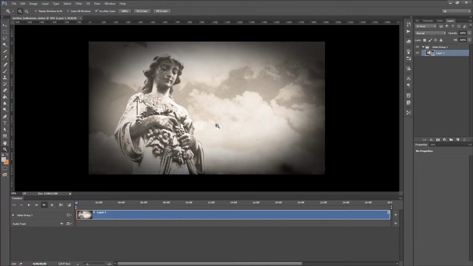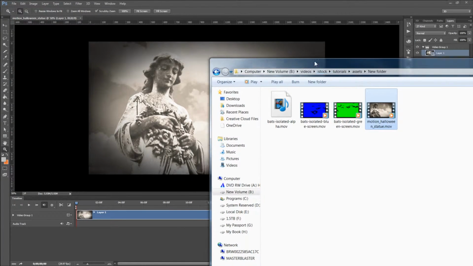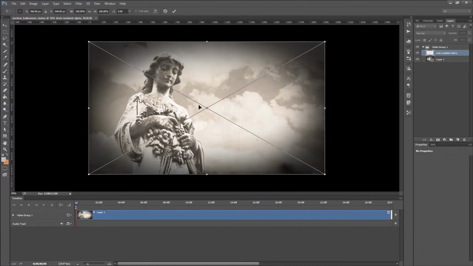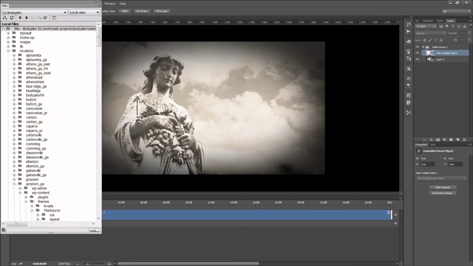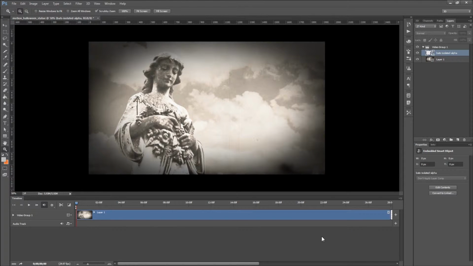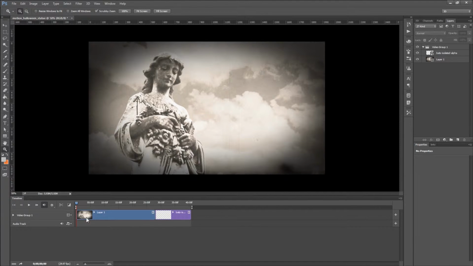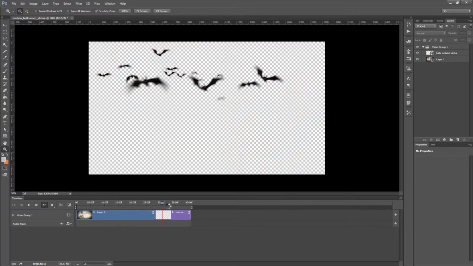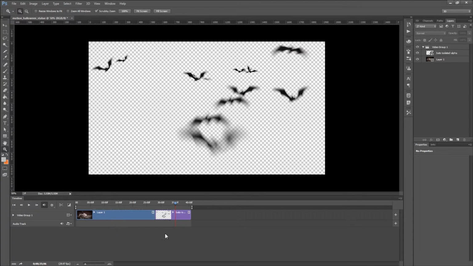And then we get back to our folder here, and I'm going to drag this bats isolated alpha onto the footage as well. Import that, and then hit the check mark to import it into the scene. What you'll see right off the bat is Photoshop defaults to importing the footage back to back. So we have this piece of footage, and then we have our bat footage. If I scrub through here, you'll see we've got this footage, and then it goes to these bats. But what we want to do is combine this footage on top of the